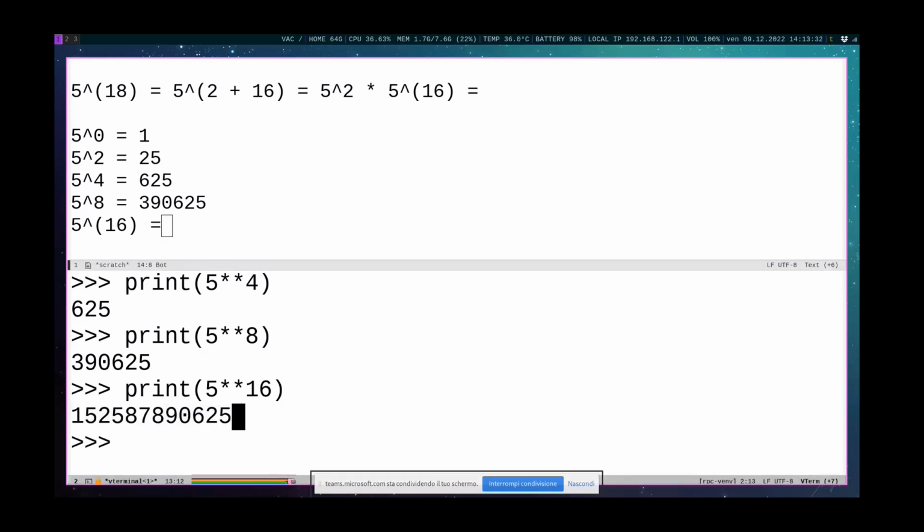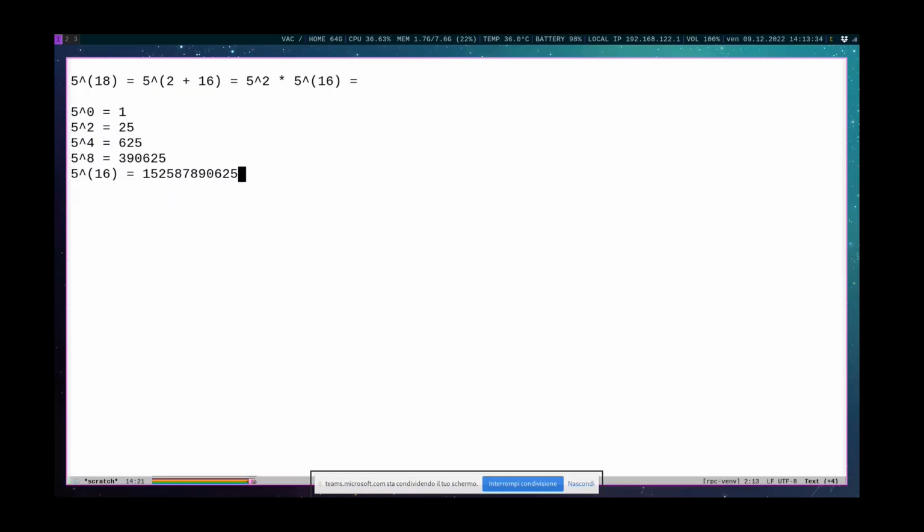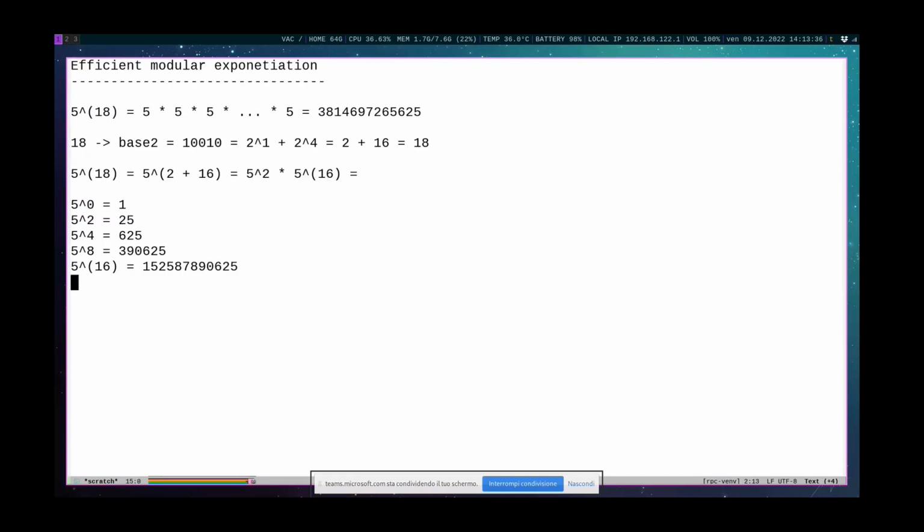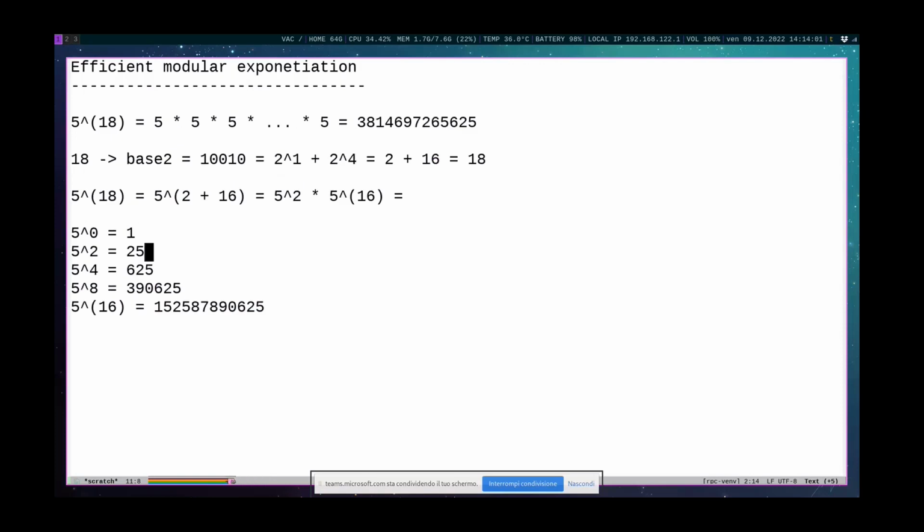Now, the thing is, at this point, I can still keep going, right? So I can do the next power of 2. What is the next power of 2? It will be 5 to the 32. But my problem was to compute 5 to the 18. There is no point to compute this power. It is just too big. I went over the exponent I needed. So I can stop. I don't even need to compute this. I can stop. So now essentially I have these different powers,